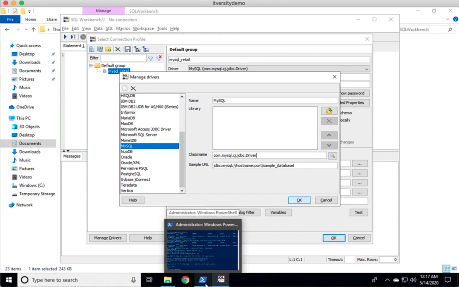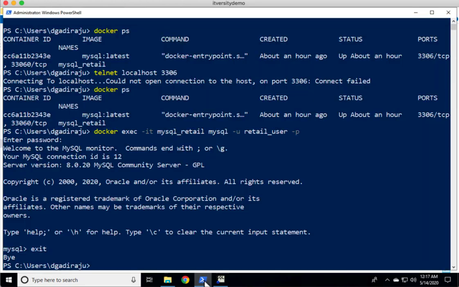Before downloading the MySQL connector, we need to understand the version of MySQL that is being used as part of the Docker container, or if you have MySQL directly on your Windows machine, you should be able to run the MySQL command and understand the version. The version used while setting up MySQL using the Docker container is 8.0.20. This is the main information which we should use to download the connector.